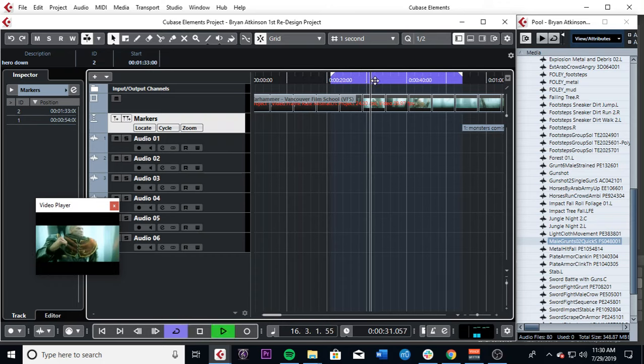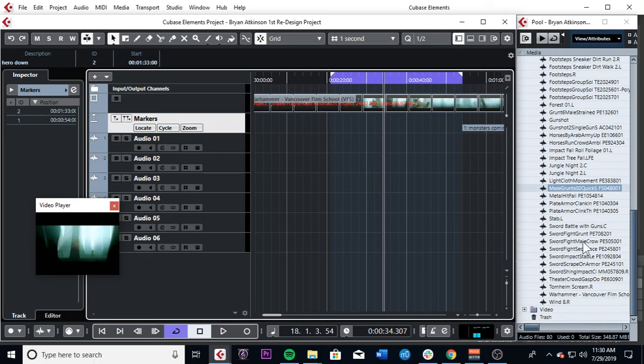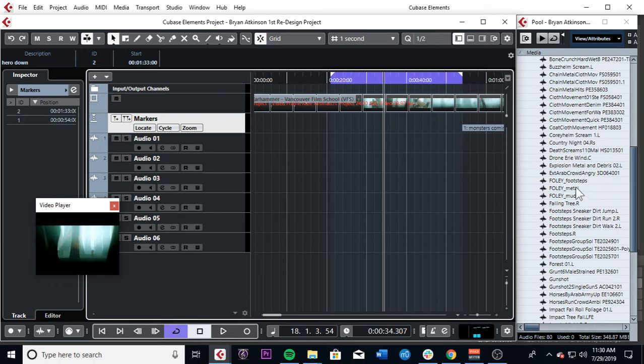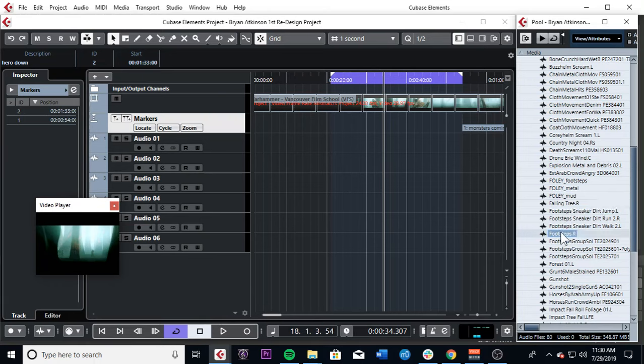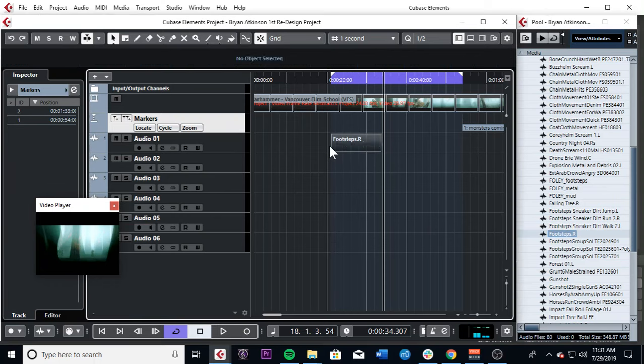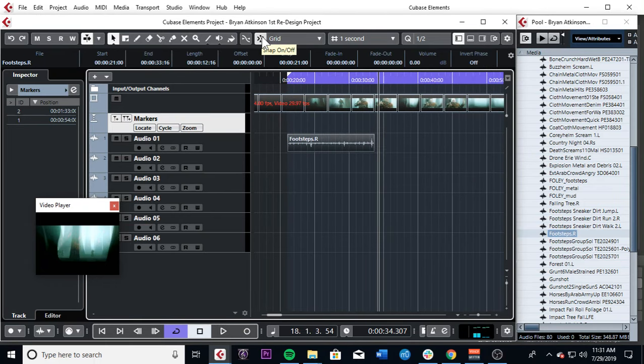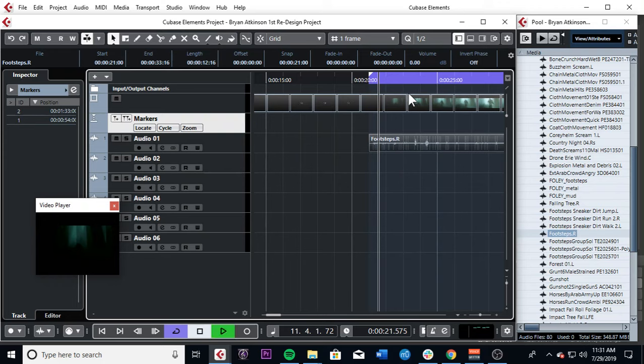So let's see what we got. There's a lot of footsteps, so I'm going to find something that has to do with footsteps. Footsteps. Great, that's a great start. So I'm just going to drag that onto one of my tracks. Notice how my grid is on right now. I'm going to turn the grid off, but I'm also going to make my grid type one frame, so that if I want to move this over to match the footsteps,